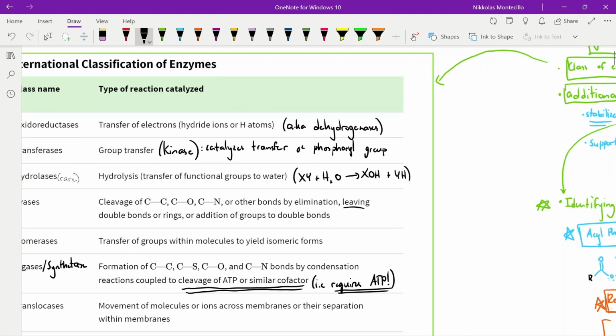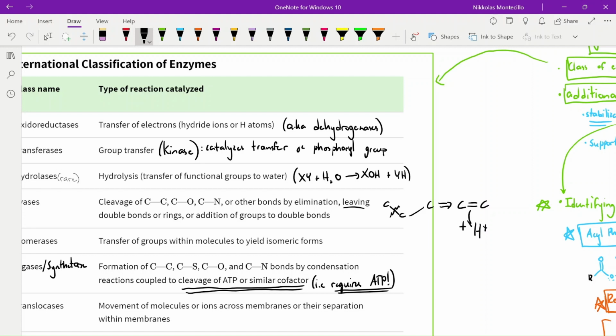In organic chemistry, by lysing carbon-carbon bonds, we essentially get the formation of double bonds, or the addition of groups to double bonds. Another reaction that is commonly found is an addition, where some sort of functional group reacts with the carbon-carbon double bond